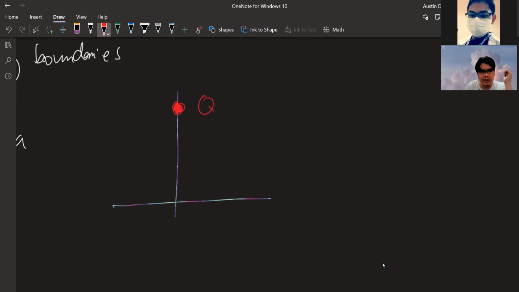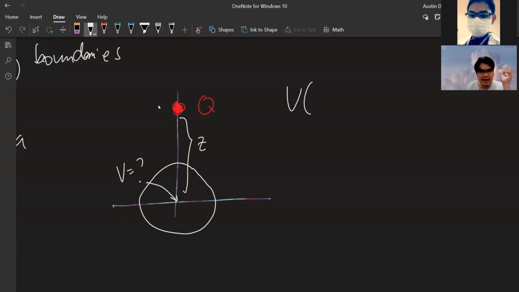Q, positive. And then you want to know what's the potential here. Okay? V. So, kunwari 3D yung problem. You can actually create so that V, so kung sabihin natin to ay Z, and we make a sphere, i-average lang natin yung potential sa sphere. Okay? So we have V,